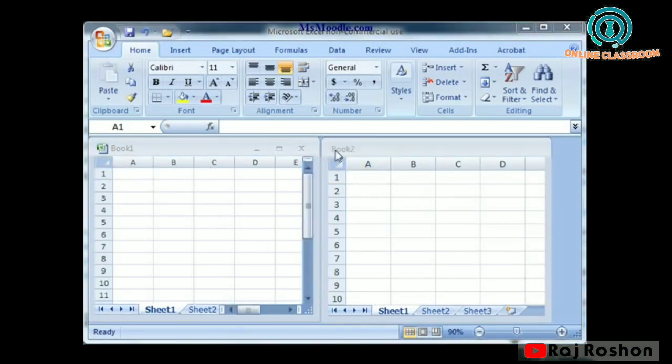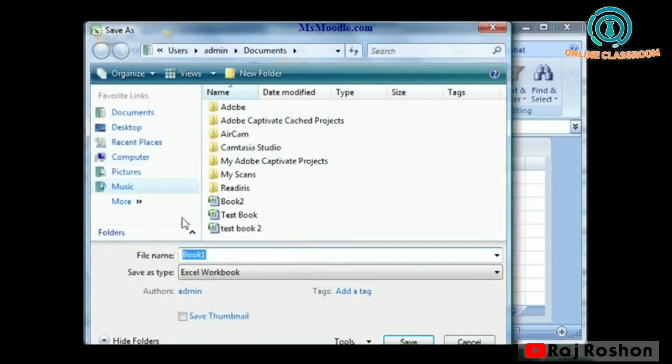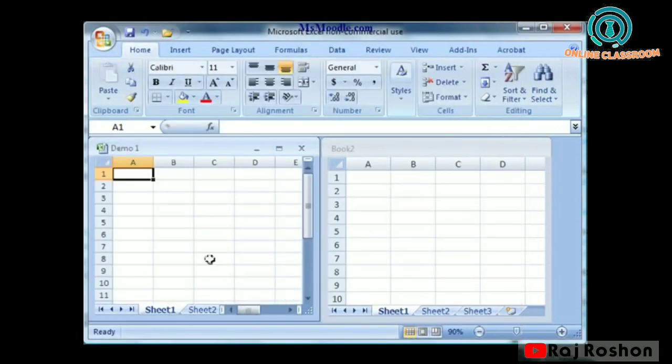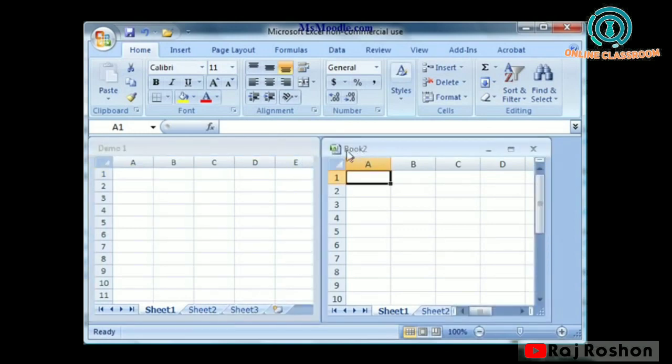Now these two workbooks, if you want to save, you have to go to the save option. Click there, you can go inside also, and then you write whatever name you want and click on save. When you save, you can see the name is changed. Here it was written Book 2, but now the name is changed.